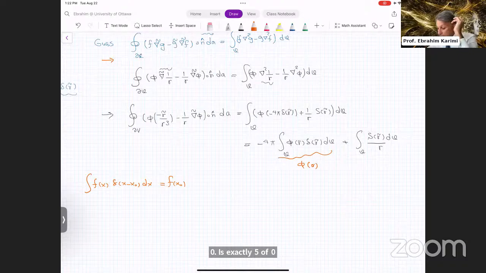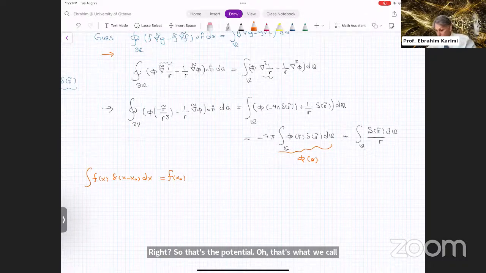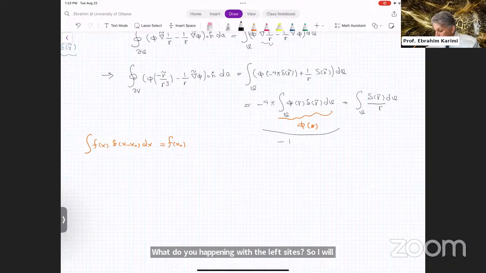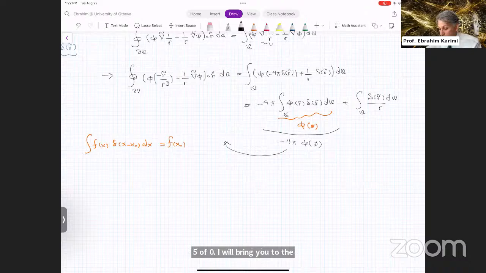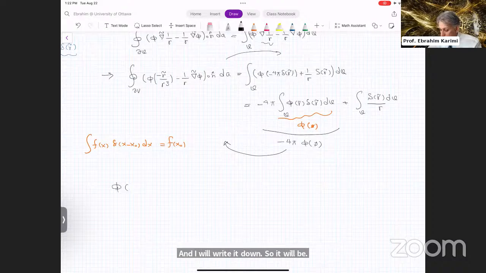So that's the potential, that's what we call the scalar potential at that point. What is happening with the left side? So let's write it down. I will keep that side here, which is minus 4 pi phi of 0. I will bring it to the left side, and I will take the left side to the right side, and I will write it down. So it will be phi of 0, potential at the origin,